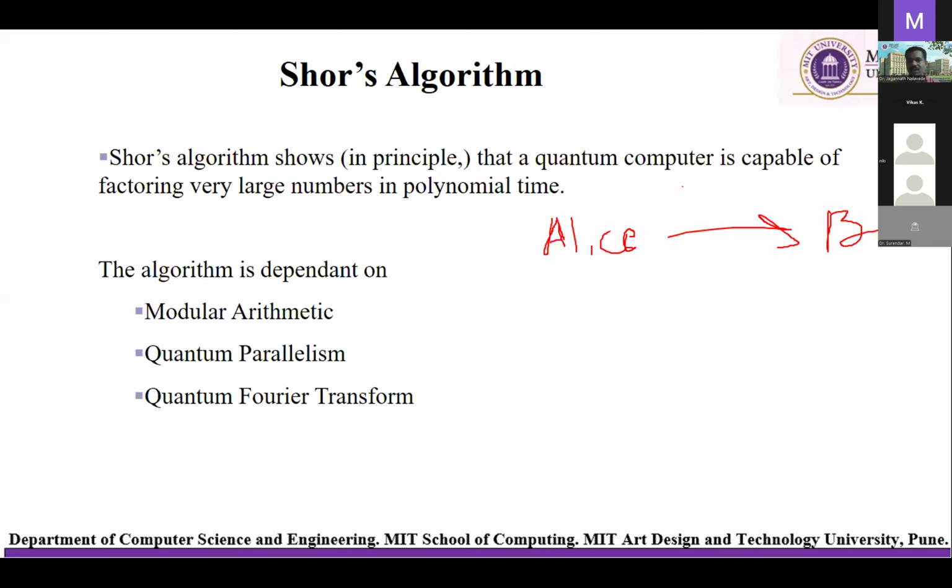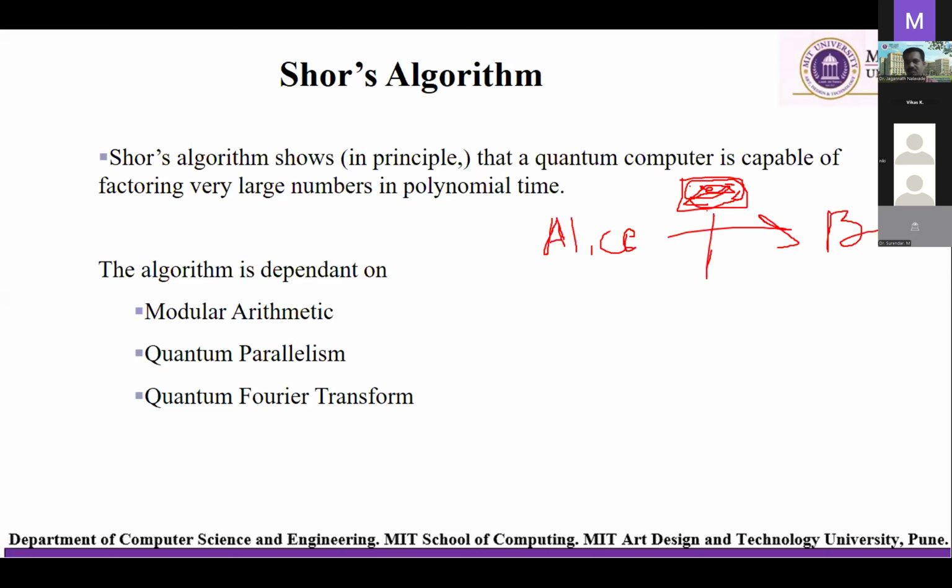Using this, suppose Alice wants to send some message. This particular message will be combined or merged with some garbage value, some particular information, and then it will be sent to Bob. Now, here we can give the guarantee that definitely